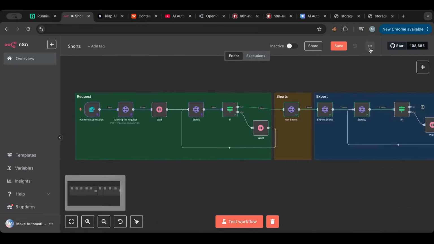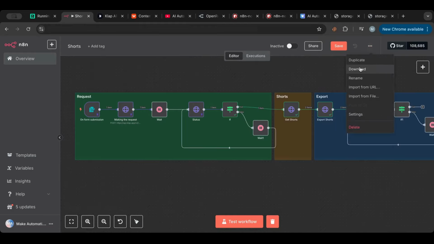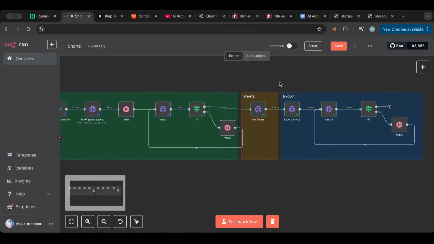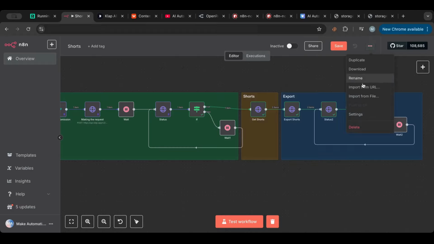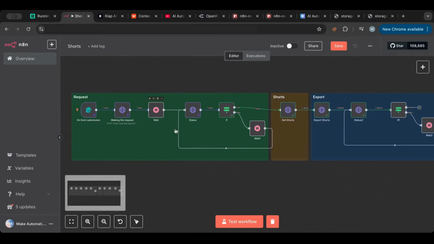Okay, so what I'm gonna do is I'm gonna download this JSON file, so you can just import it, and it will be easier for you to handle everything moving forward. Okay, you just need to click on the 3 dots, then import from file, and bam, you have everything I've set up in here. All right, so